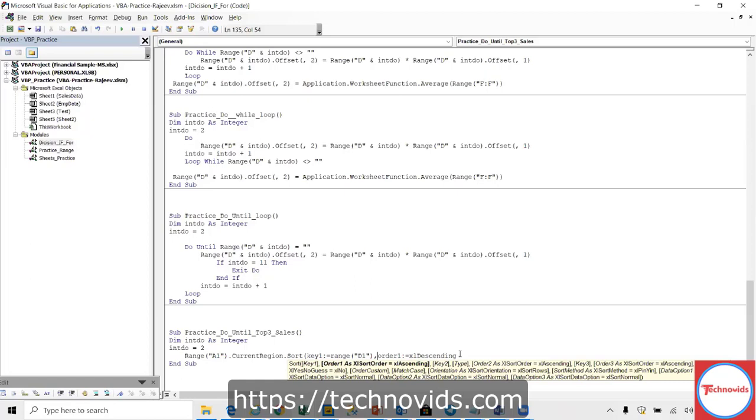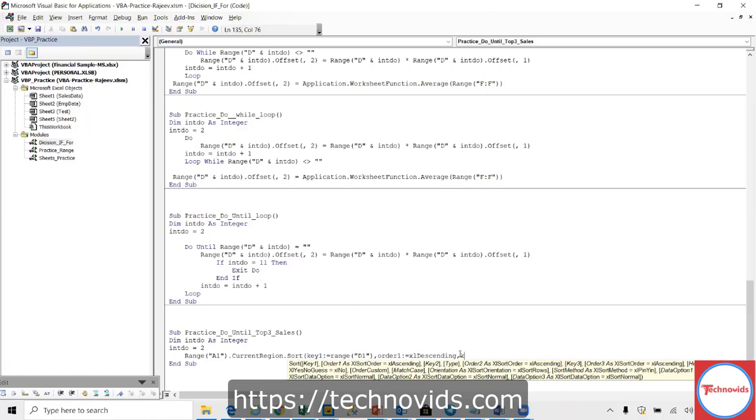Now if you have another column, you can do that key 2. You can do another this one and press key 2. Okay. So key 2 is equal to what? Like that you can do. So right now I'm happy with only one column. So my current problem is to sort by that D column. That's all I know. So I'm okay with that.